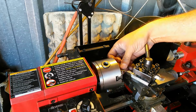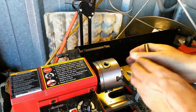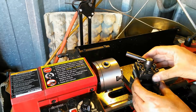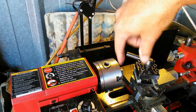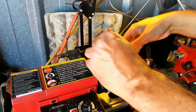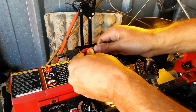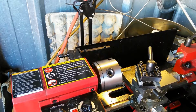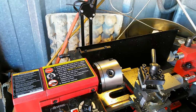I'm going to go ahead and chuck this piece up, and I'm going to move it out a little bit because I've got to move this in the other direction. In fact, let me just move it in the other direction right now. This only goes in one direction. I'm going to lean it back about 30 degrees, as you can see here. Lock it down, make sure it's all locked. Bring it out a little ways, because this brings it back into these chuck heads, and I don't want an issue with that. Make sure that's chucked up. Turn it on just to make sure it's spinning centered. Then I move this back over here, and I'm just going to start to cut across here. The length of that cut has to be...